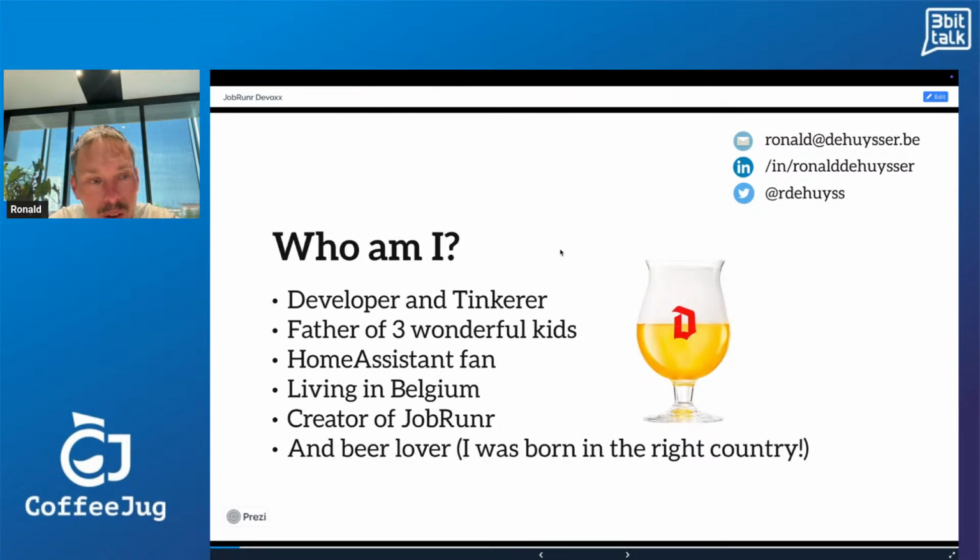I'm a big fan of Pivo, I think it is, beer in Ukrainian. And I'm really happy to be born in Belgium because I think we have more types of beer in Belgium than we have inhabitants. So that's a really, really good country to be in. And here is a picture of Duvel. It's one of my favorite beers.